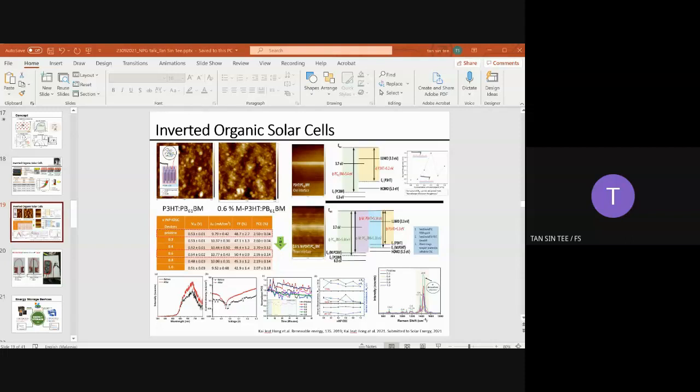After that, we will do the modification. The second part is the stability of our active material. In the organic solar cell, everyone knows that organic material is not stable, right? It is very hygroscopic. When you expose it to the air, it degrades very fast. So we are trying to modify the molecular structure of our polymer by adding some indium sulfate in this study.